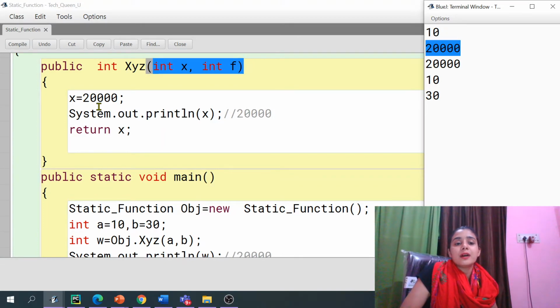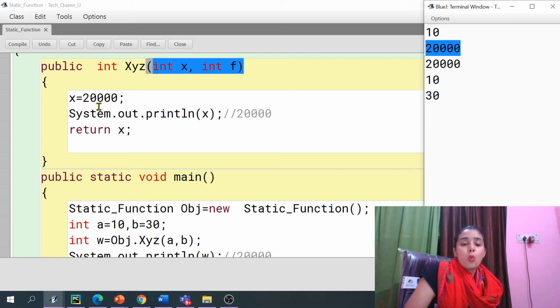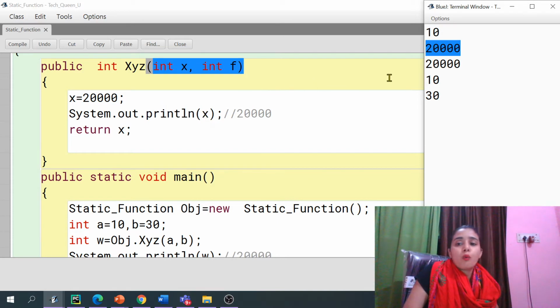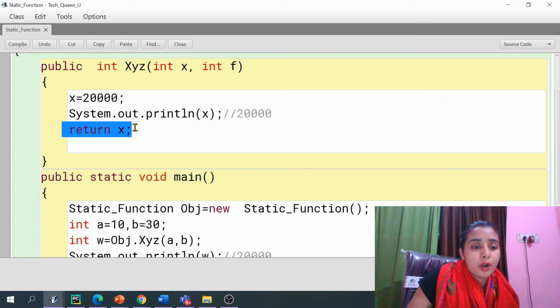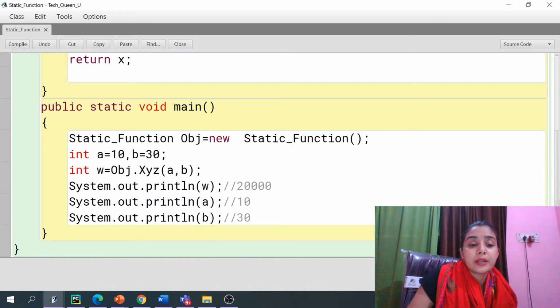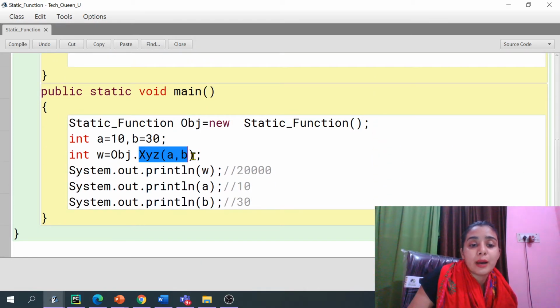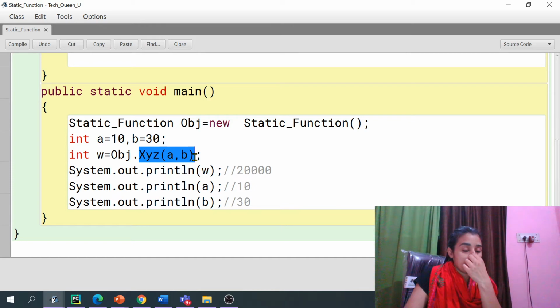You have done the changes there, and next you print that particular change, so obviously we will find 20,000 there. Now you are returning 20,000, and this will be received by the function call.